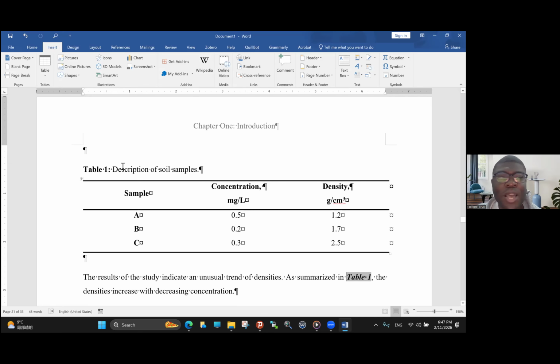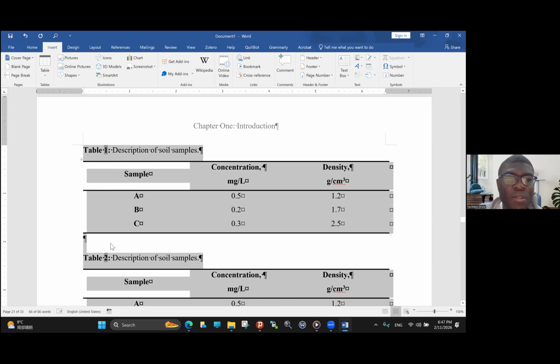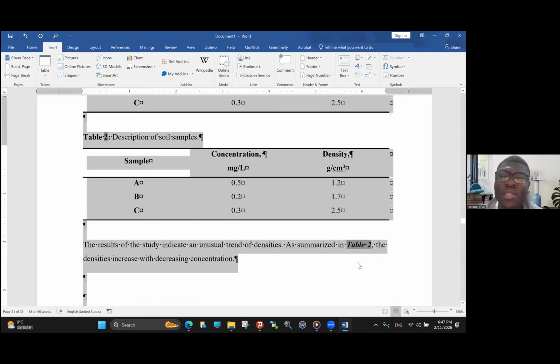Just for doubt, let me create another table and label it table. For example, there's another table that comes immediately before it. And then let's say I have updated the field. Now here is table 2, right? You see that it automatically changed to table 2. If I do this,